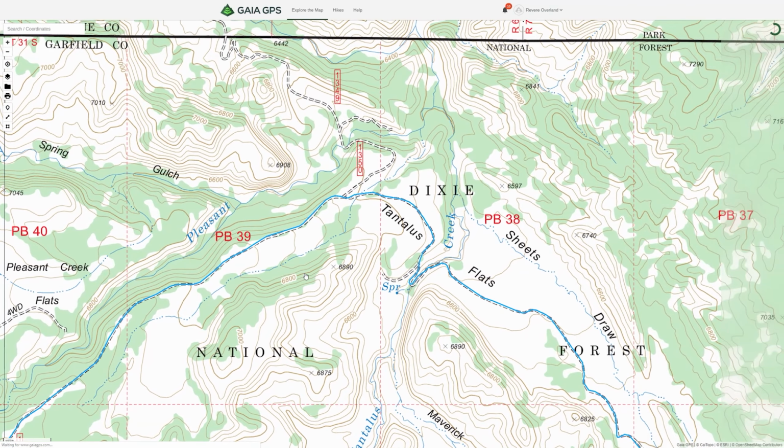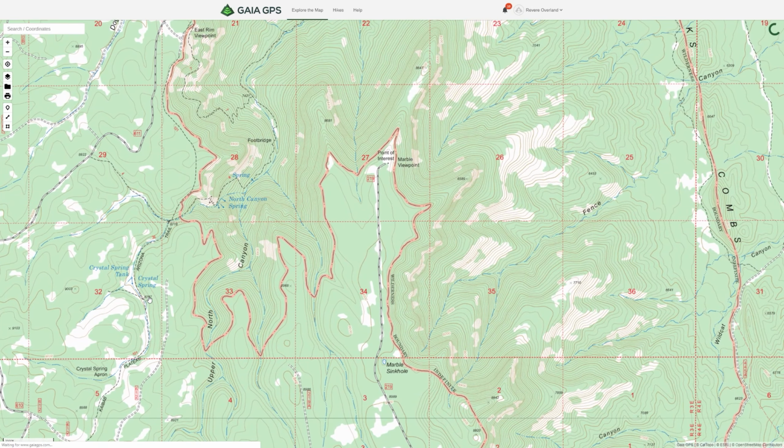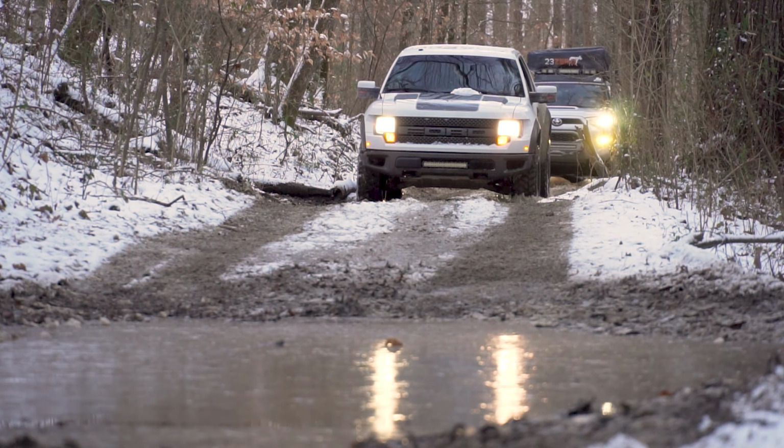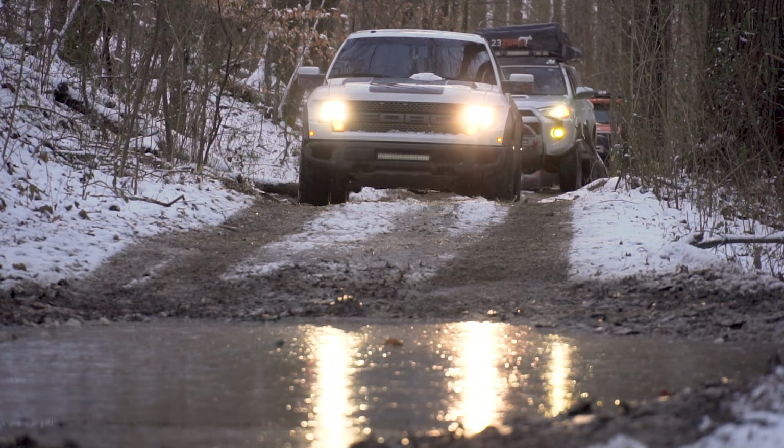The best thing about Gaia is no matter which layer you use, anything that you plan on a computer or on your iPad or phone gets synced across all of the devices because it uses the cloud. So what I do is I'll sit at my computer that's over there, and I do everything on the computer, like all of my route planning, all of the track planning, adds all the waypoints, just because it's a lot easier to do on there. And then once I save it, just with this connected to the internet, it will automatically sync across to this